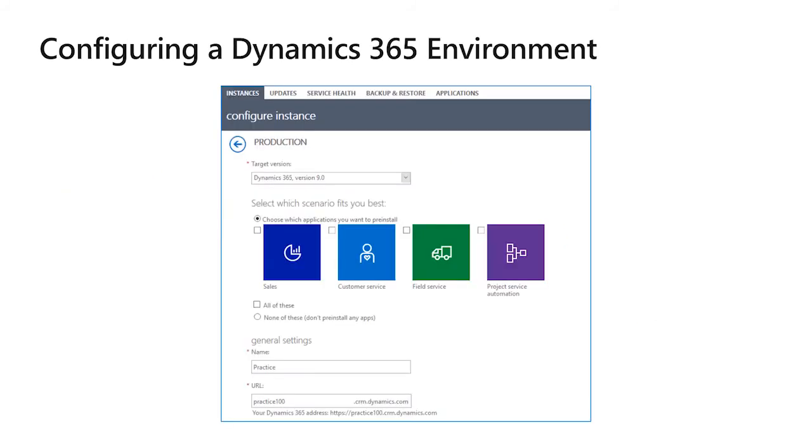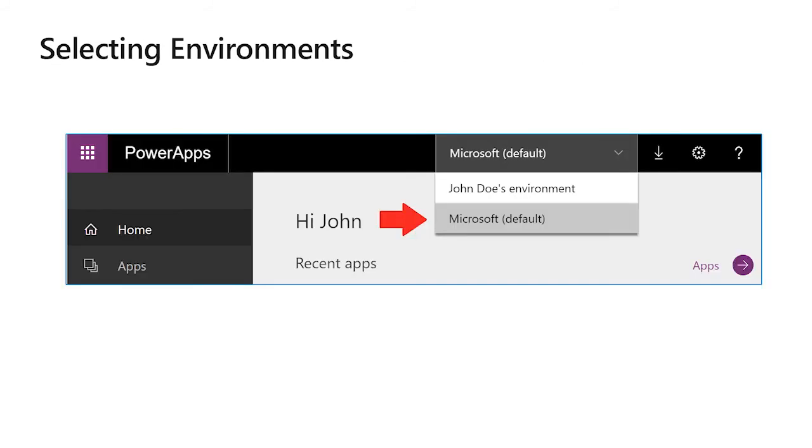Now, if you are working with Dynamics 365, because Dynamics 365 really comes with different applications that you can license, Sales, Service, Field Service, Project Service Automation, these are all applications, if you have the licenses for them, that you can configure in your CDS environment. Now, if I'm configuring a new environment from a Dynamics 365 perspective, I would start from here, and I would pick one of the applications, or all of the applications if I was licensed for them, that I want to install in that environment. These are just two paths, and we'll see a little more of this in the demo when we drive down into it.